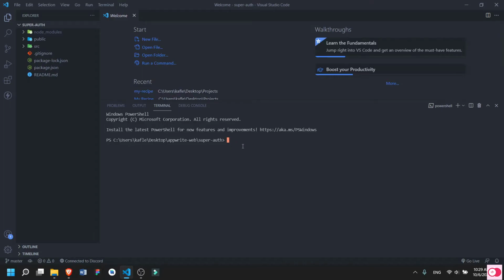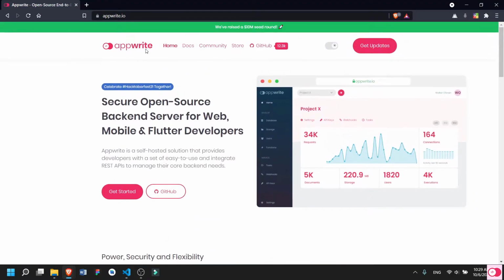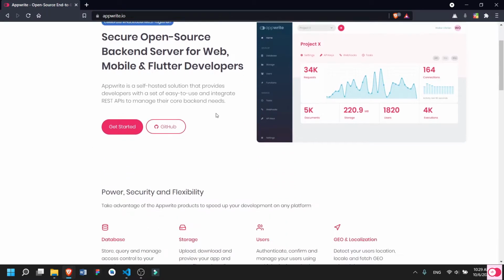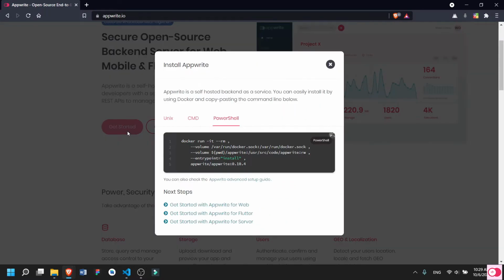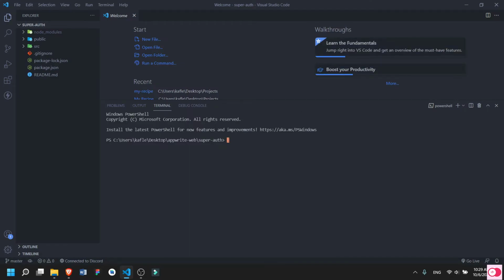To install Appwrite, we need to go to the Appwrite homepage. After going to the Appwrite homepage, click on Get Started, and I am in PowerShell. Terminal of VS Code uses PowerShell, so let me copy this from here. Copy to clipboard. Now let me close this and paste it using right click and press enter.